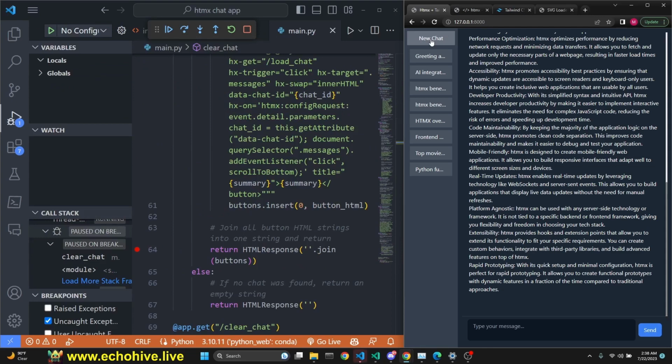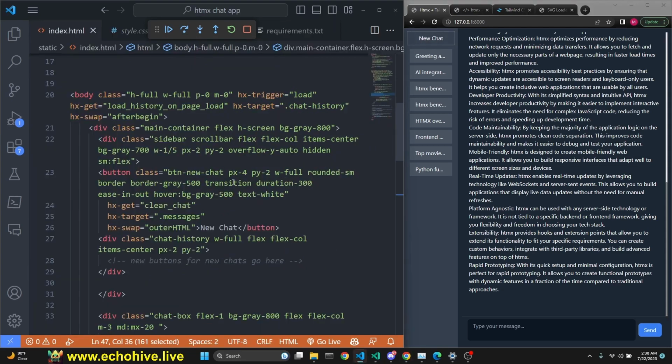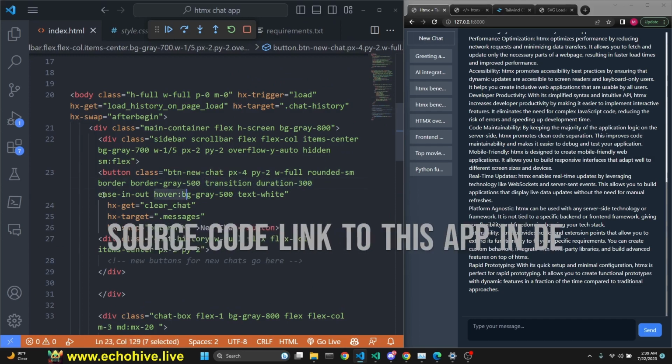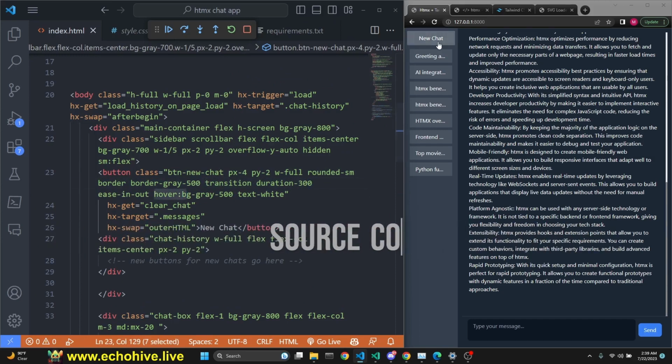Let's click it. If you remember, our new chat button has some HTML Tailwind styling. It also has a transition. You can define transitions and hover states and active states with Tailwind. As you see, if you hover over new chat, it actually transitions over 300 milliseconds with ease in and out. But the important part is that here we have another htmx call with